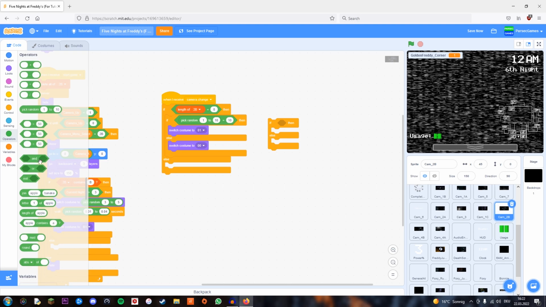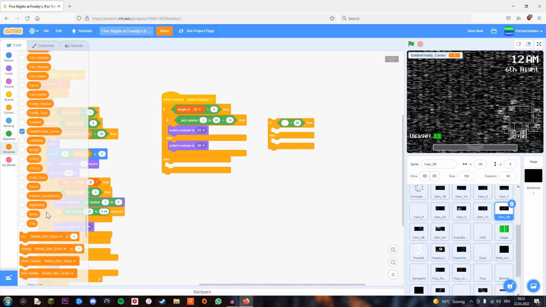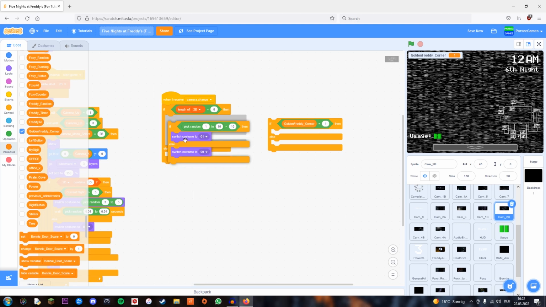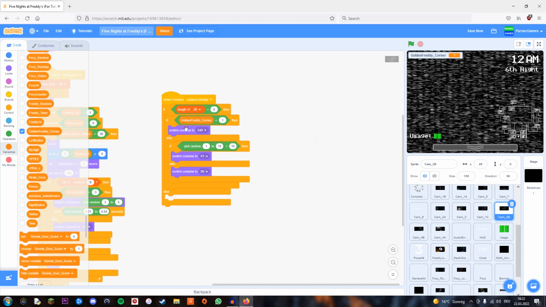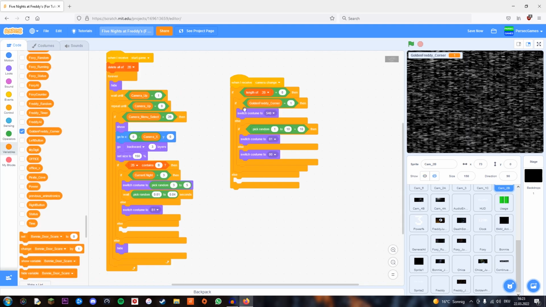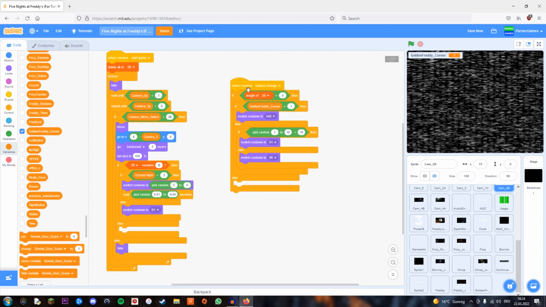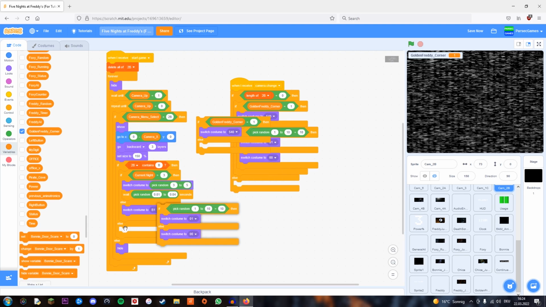Then we're going to check whether Golden Freddy should be shown, meaning Golden Freddy corner equals 1. In that case, we're going to switch to the costume 540, which is the Golden Freddy costume. And if it's not the case, then we do this other stuff, which is another Easter egg. Just to be sure that this works every time, because it could be that we change the camera and this script is already executed before the variable changes to 1, we're going to add this part